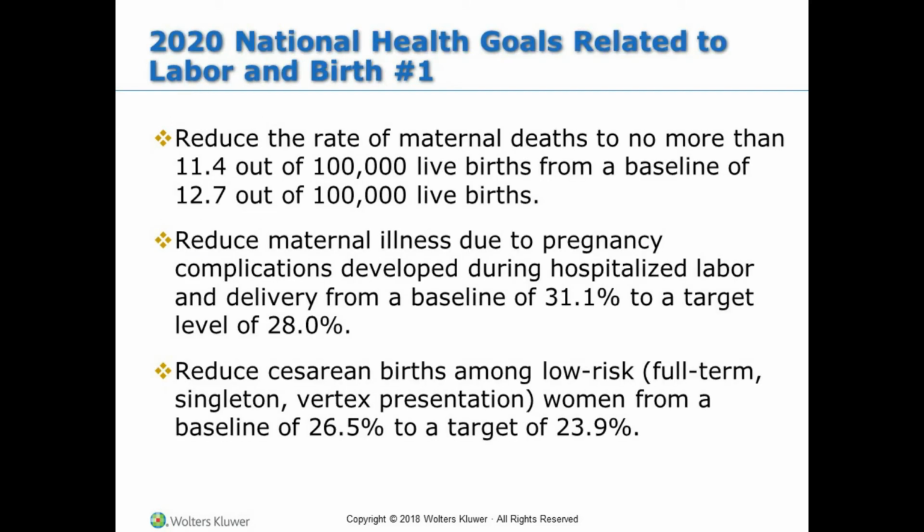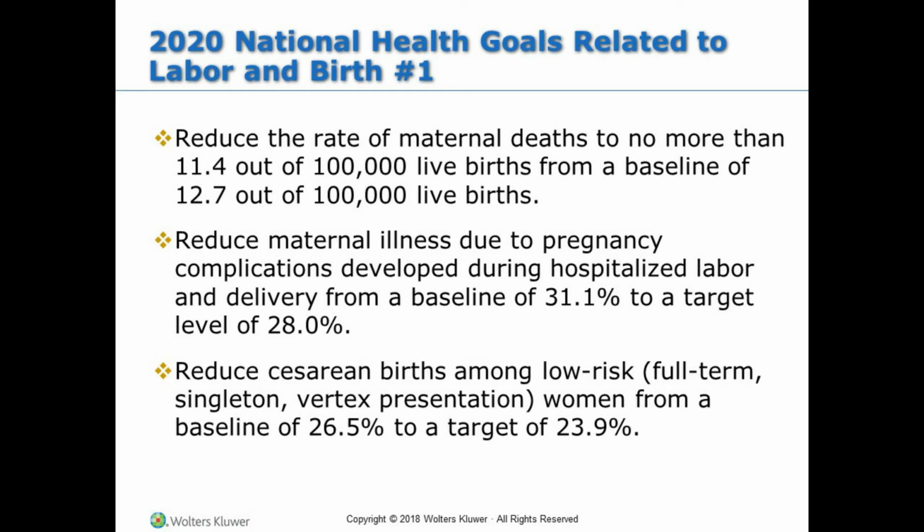2020 National Health Goals related to labor and birth: reduce the rate of maternal deaths to no more than 11.4 out of 100,000 live births from a baseline of 12.7 out of 100,000 live births. Reduce maternal illness due to pregnancy complications developed during hospitalized labor and delivery from a baseline of 31.1% to a target level of 28%. Reduce cesarean births among low-risk, full-term, singleton, vertex presentation women from a baseline of 26.5% to